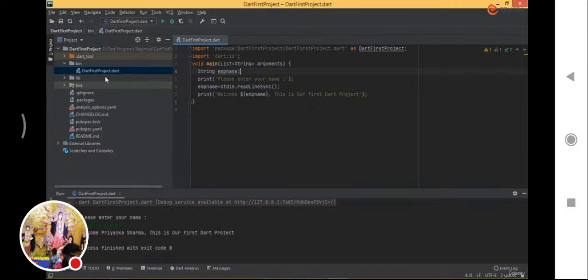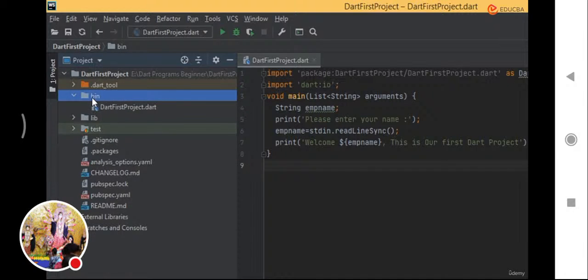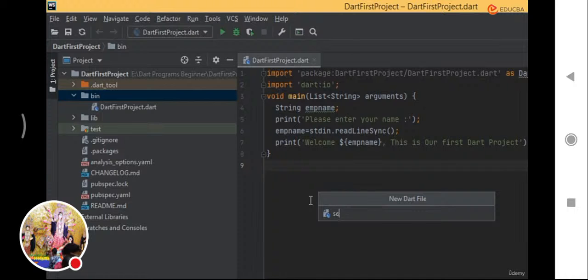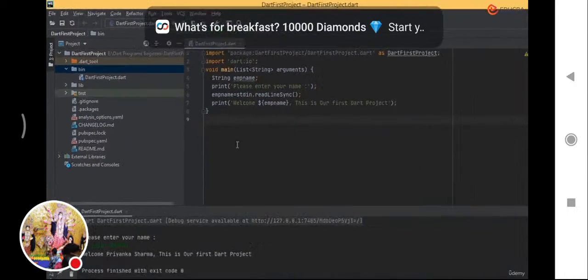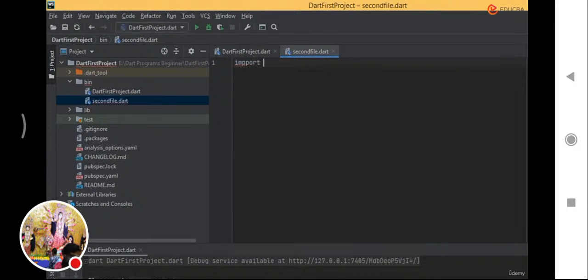Now what we would do is we will have to create another file. So let us create over here. Now we will right click on this bin and say new Dart file, and we will give here a name, say second file. Press enter. It will automatically create another file for us and give it to us. Okay. So now here again, first thing we will have to do is say here import dart:io,